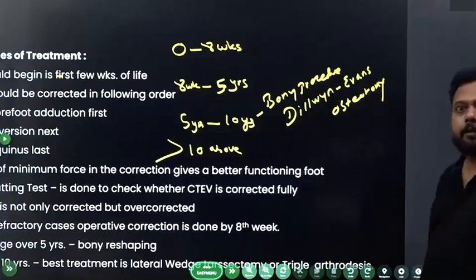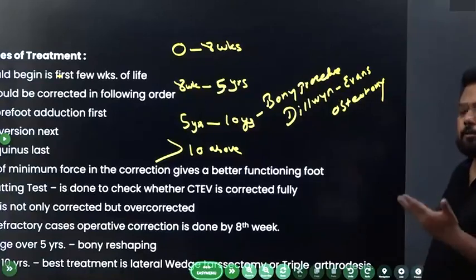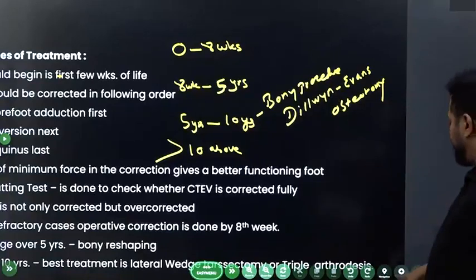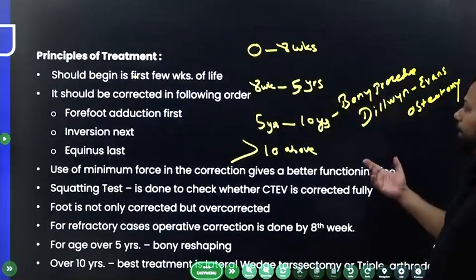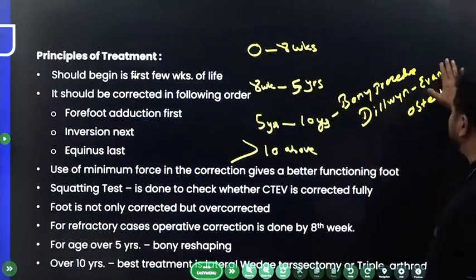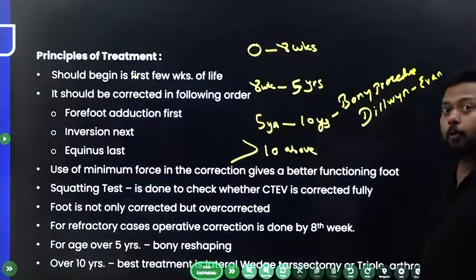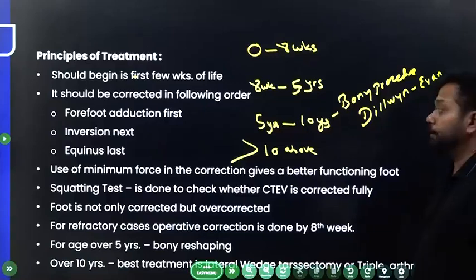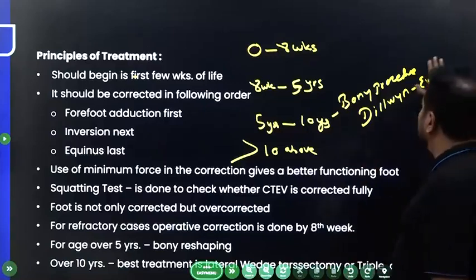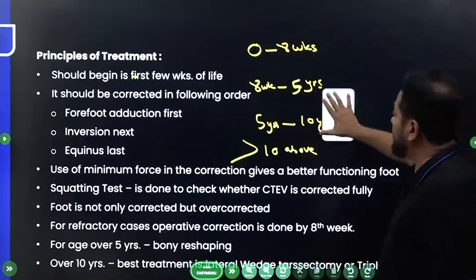Dillwyn-Evans osteotomy, you can try this if it is not corrected even after 5 years. It can be employed only up to 5 to 10 years. So between 5 to 10 years, it is a bony procedure, and you can do a Dillwyn-Evans. Even after 10 years, if it is not getting corrected, and the patient is 10 years and above,